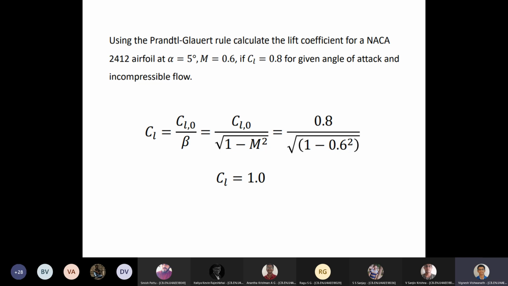About the angle of attack: since it's restricted to small angles of attack, the variation of angle of attack will not give a very large difference in CP. If you take the example of a transonic or a supersonic case, increasing the angle of attack will produce a large difference in CP because of the additional wave drag. So that's it.